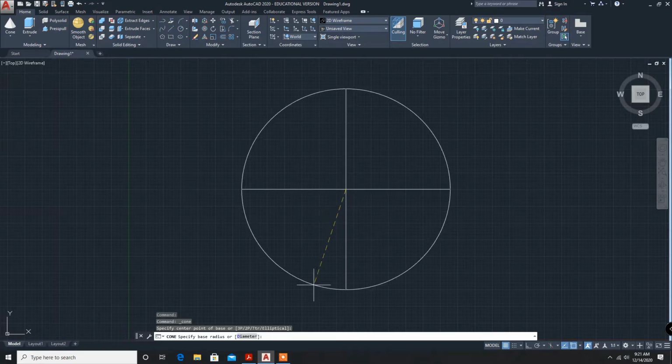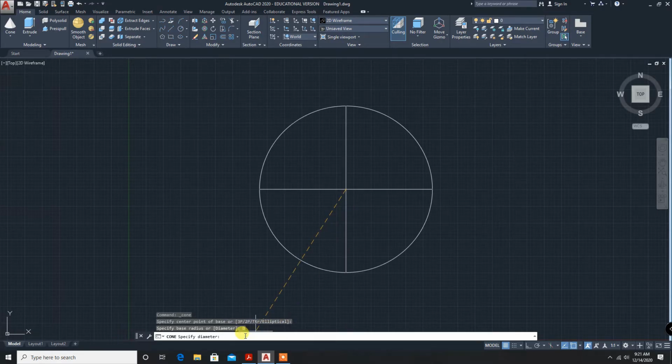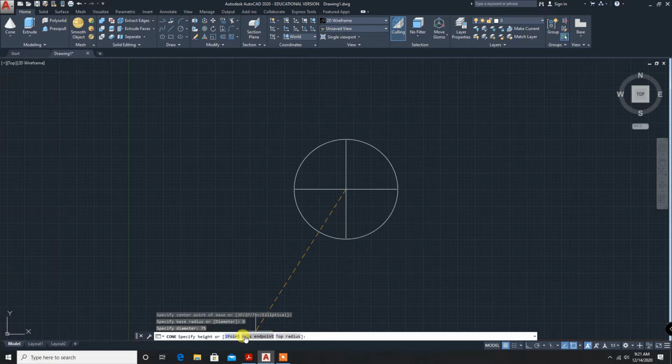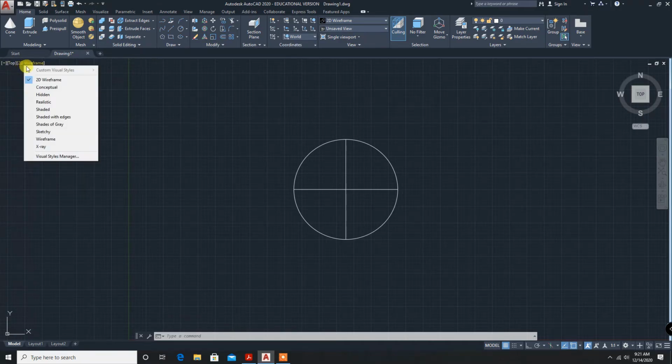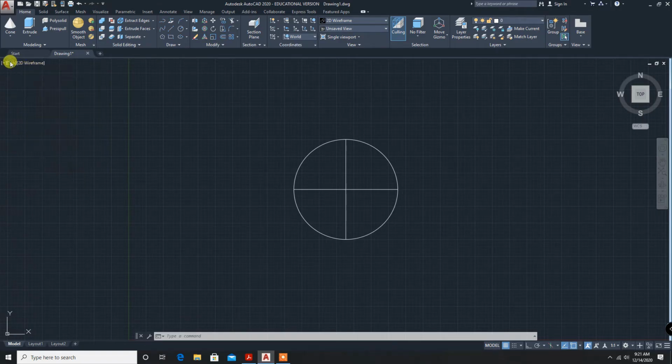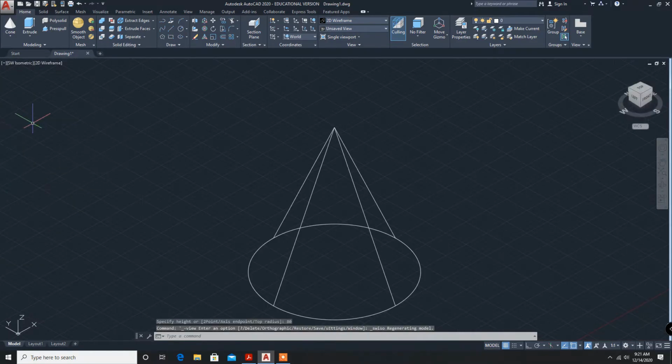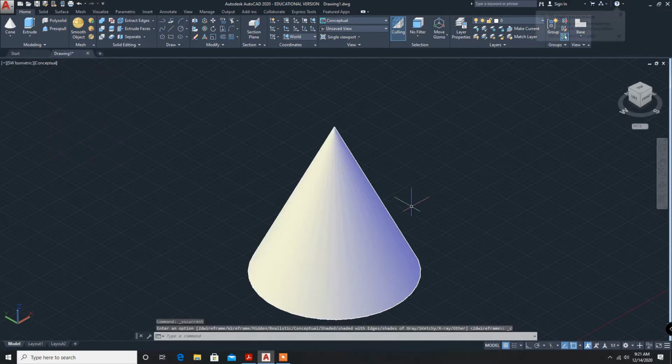Now we want diameter, so click on diameter 75 mm, enter, and cone height as 80 mm, enter. Now the cone is made. If you go to conceptual or isometric, you will find the cone. So this is the first part.